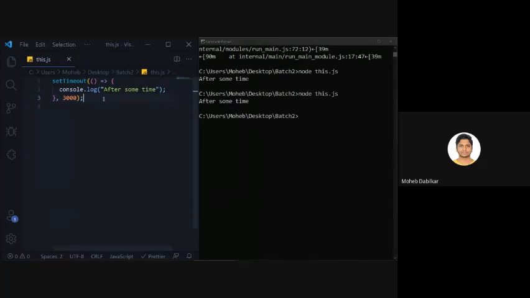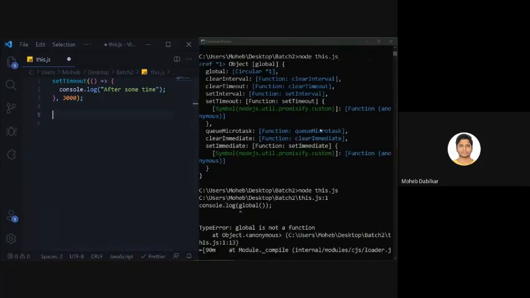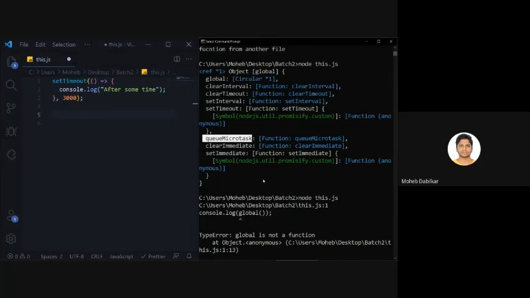Now we want to do something on intervals. So we have something known as setInterval, and then we also have clearInterval. You can also do clearTimeout. Then we have queueMicrotask, or small tasks that get run in the background on your server. They take up your computing space, so you are supposed to keep them to a minimum, but they should do their task as well. Let's not go that deep in there.